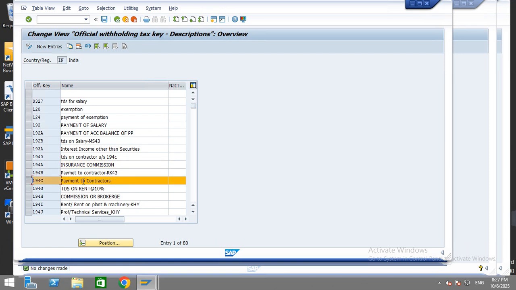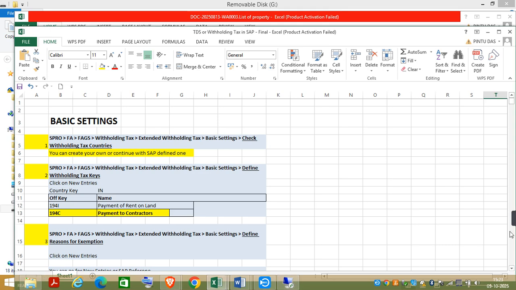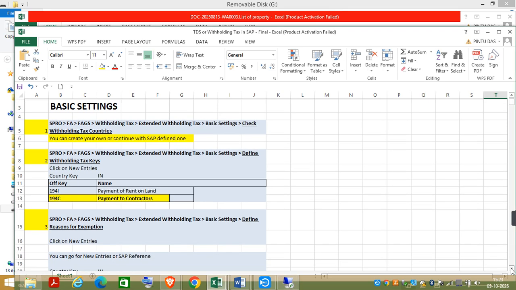If there is a new tax code, then you click new entries and you create it. There is nothing at the back end, so don't worry. 194C is our tax code. Then what is the next step? The next step is